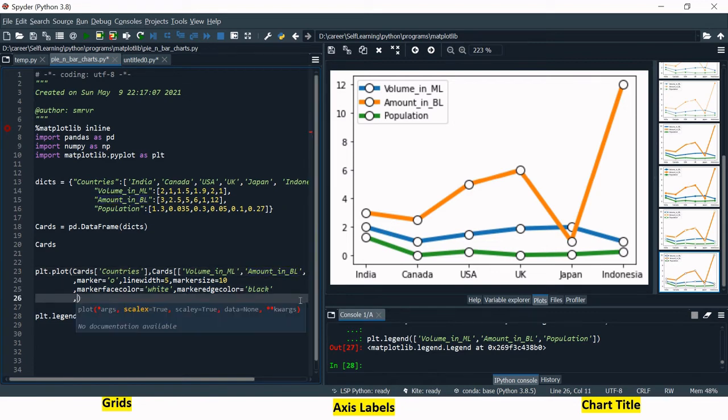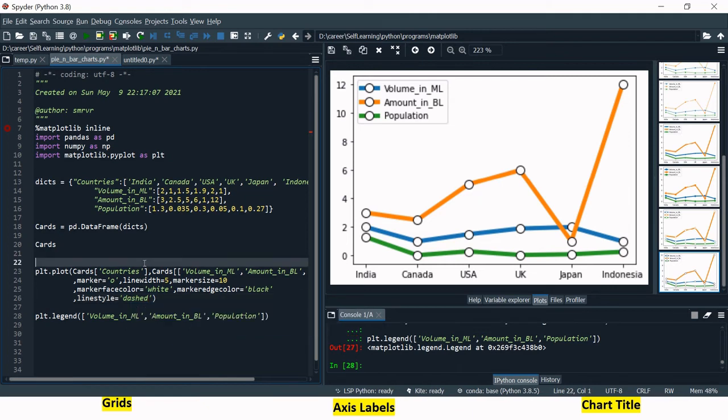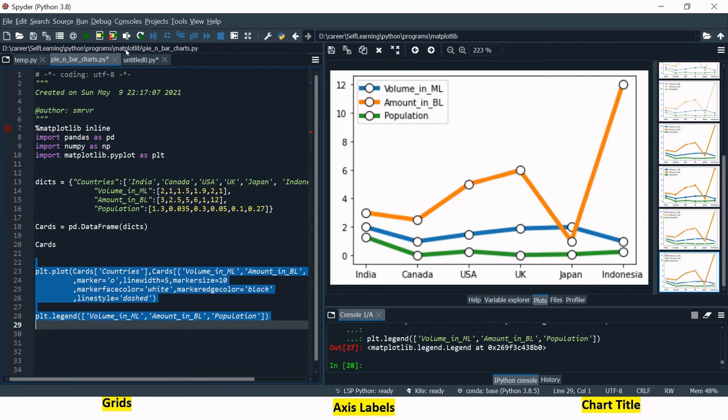Now let's change the line style. So line style, here I'm just going to show you one, dashed. So if you want to change the line style, this is the regular line. If you want to change it into dashed or something like that, you can also do that. So you just need to type line style, provide the line style name and just run that. So here, like you can see, line style has been changed.